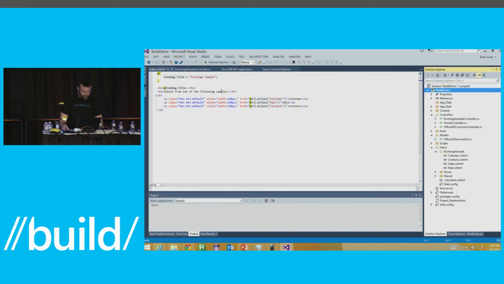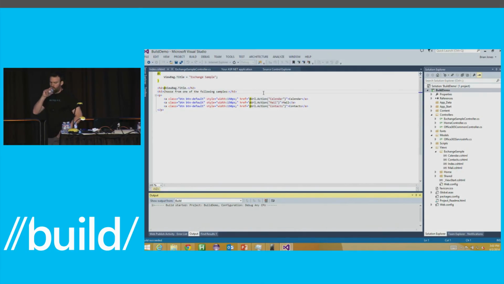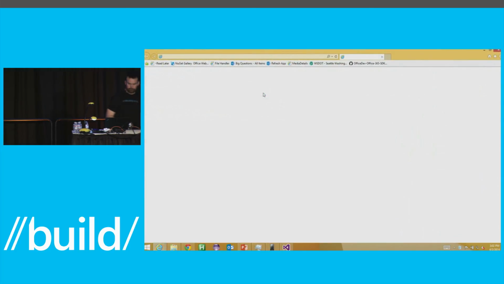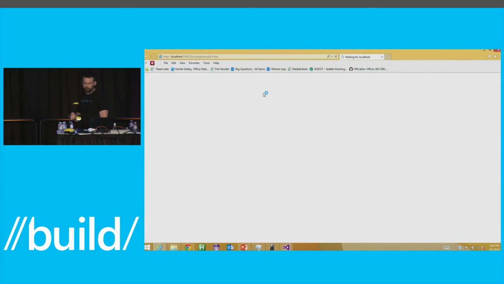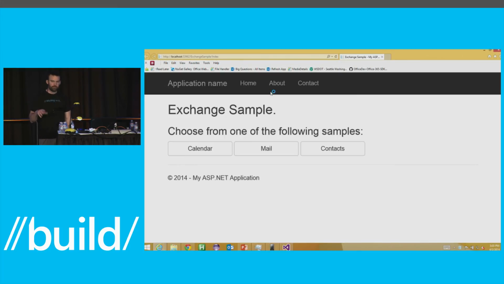So let me just F5 this. I'll start right from that view. Just like that, it created a nice view for me. It's going to allow me to connect to Exchange. The thing that I wanted to show too, but given the bad luck I've had with the Azure portals, I wanted to show that it automatically got registered there. But you have to take my word for it, because otherwise we wouldn't be able to get access to this data. And now it gave me just a simple page.